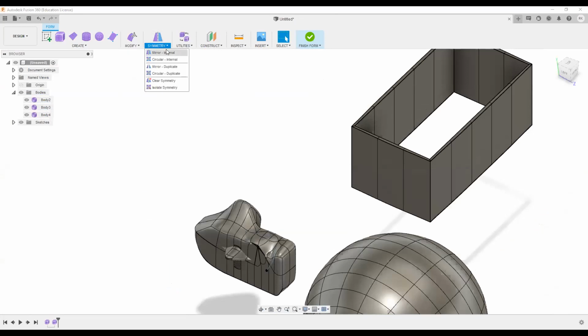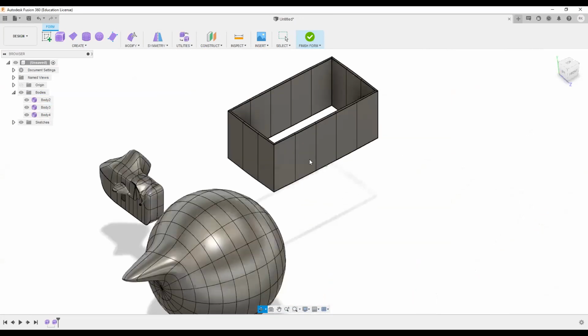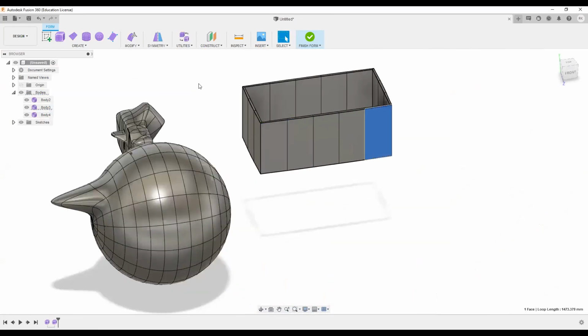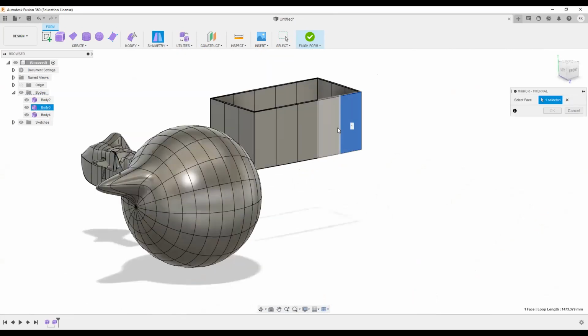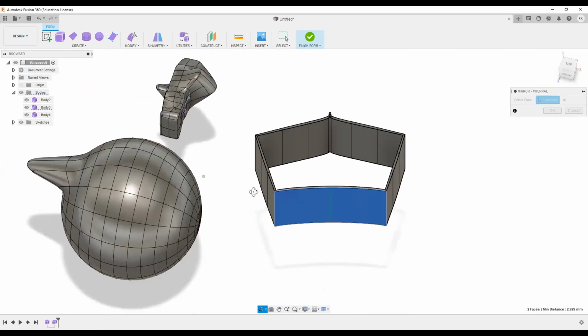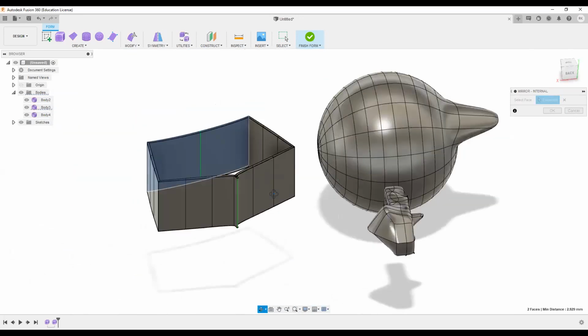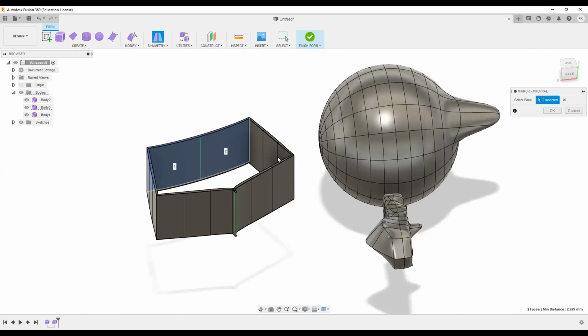Then there's the symmetry thing. For example, if I want to make a symmetry of this surface, I can choose the symmetry option. So let's say I want to make this symmetry of this. As you can see, by this particular surface, my whole body has become symmetric. There are different options of it.